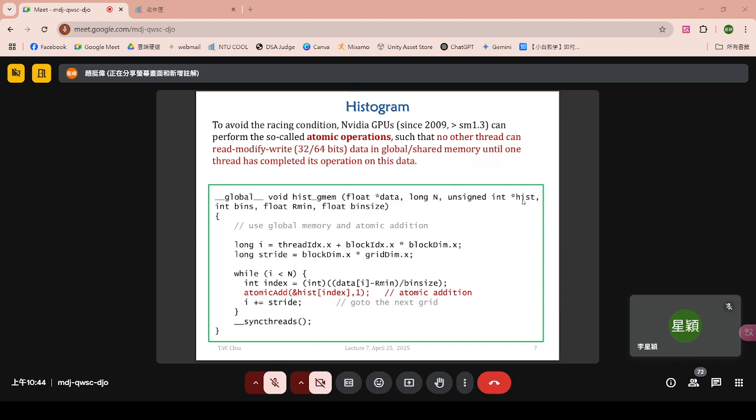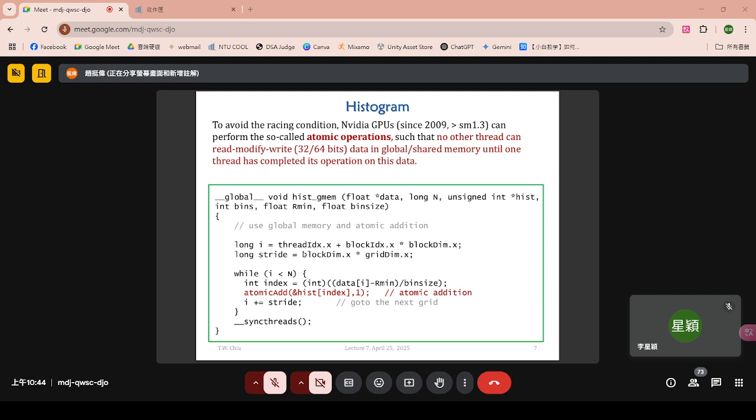And then how many bins, and the minimum of the data range, R min, and then the bin size. So with this input,